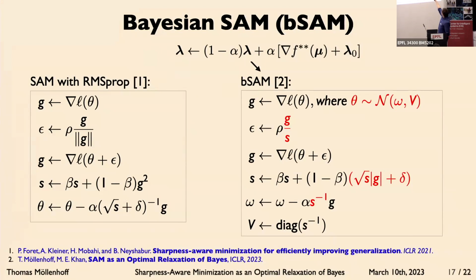So we introduce here some random sampling. We precondition the gradient not by the norm of the gradient, but by the scale vector. And maybe the main point of this algorithm is that this learns a probability distribution. So omega and S can be interpreted as the mean and the diagonal covariance of a probability distribution. So we don't learn a single model, but we learn an infinite collection of models, and we can sample random models. So this algorithm does variational inference, whereas this method doesn't have such an interpretation.